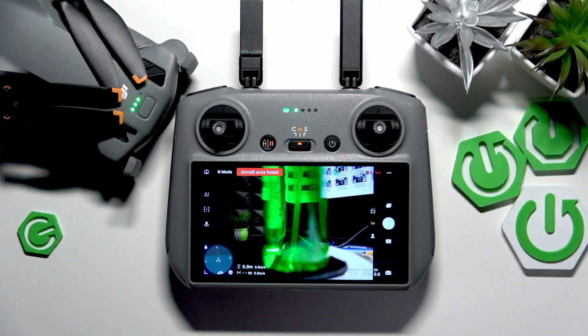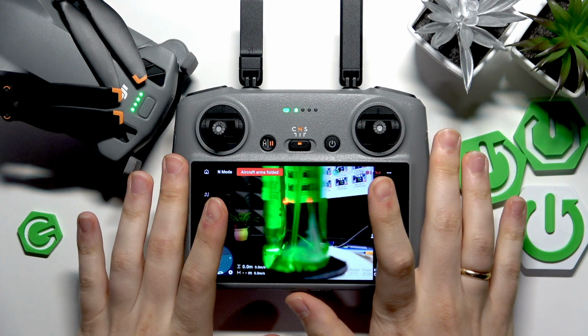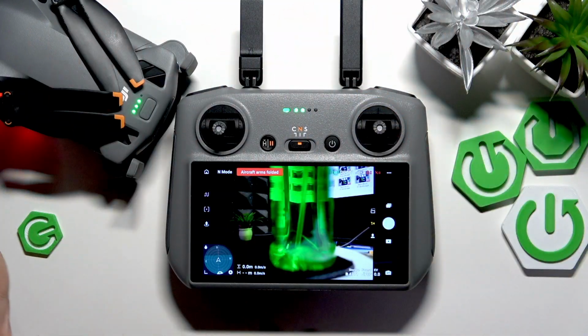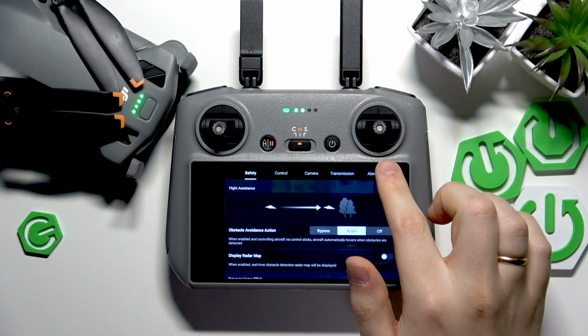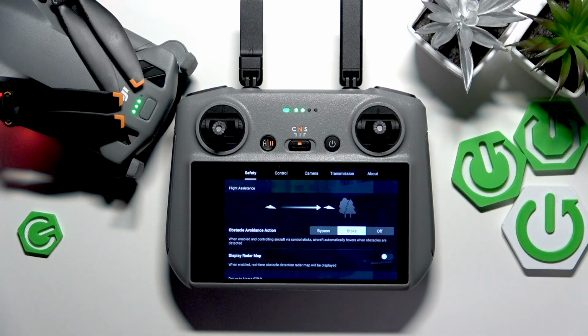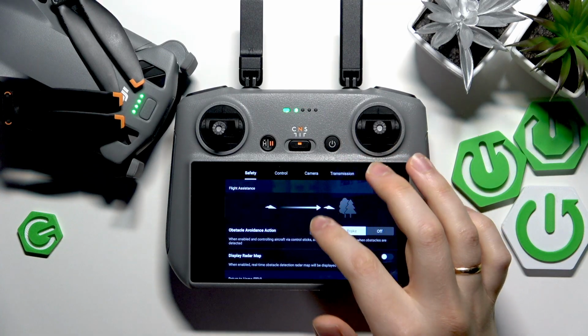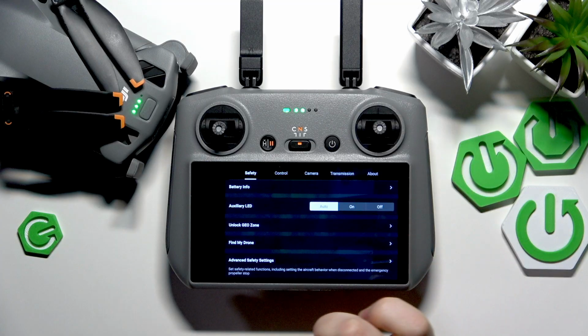So in the beginning you will need to switch on the RC and the aircraft, connect them of course, and while in the Fly interface, launch settings by tapping those three dots you'll find to your top right. Now select the safety category on top, scroll this page all the way to the bottom, and here you'll find